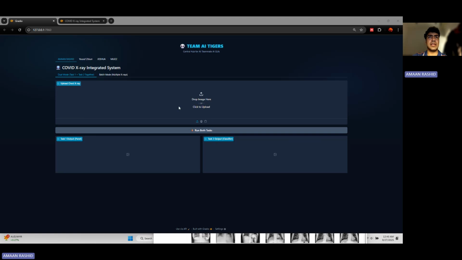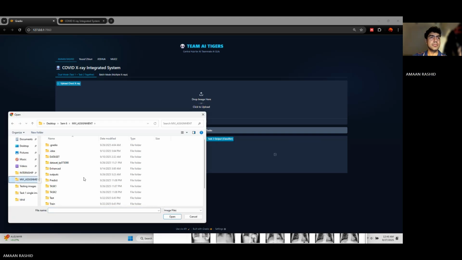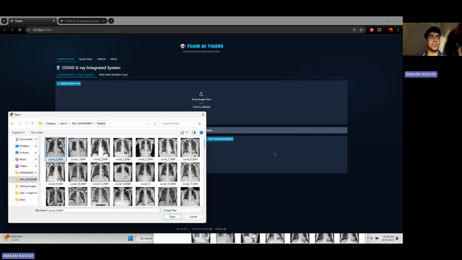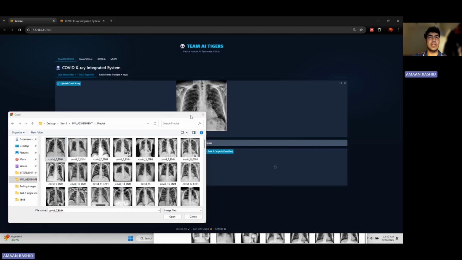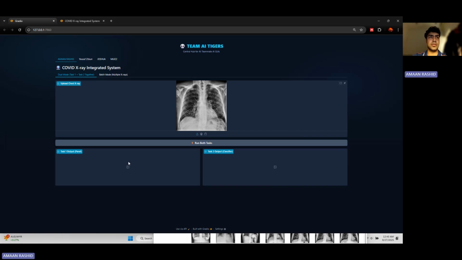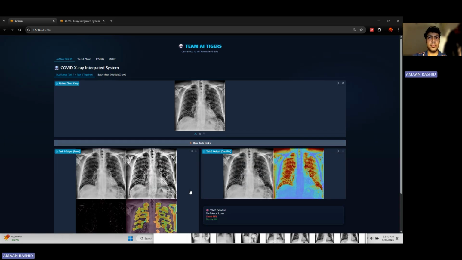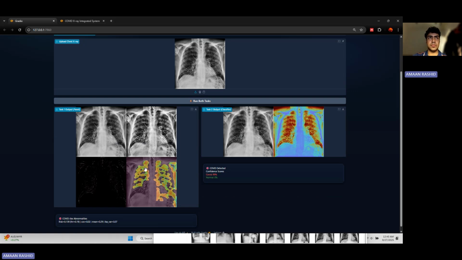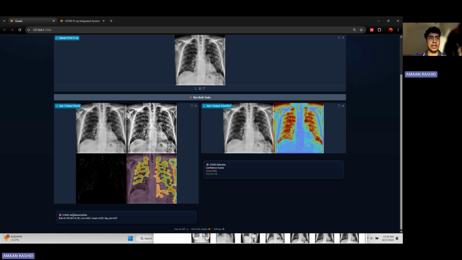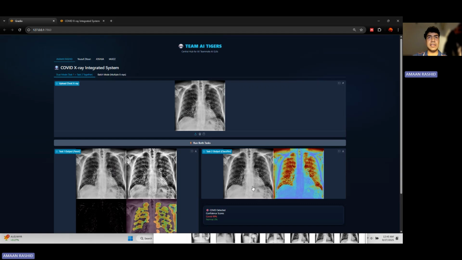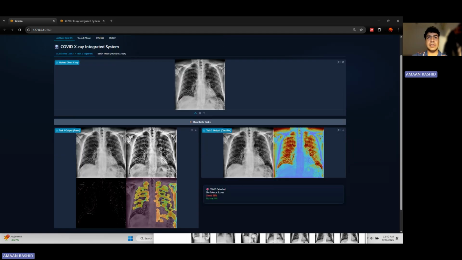Mine is basically I upload one random X-ray, which for now I'll select COVID 0. And then I'll run both tasks. Task 1 was supposed to be without AI, where we have different filters and we predict COVID based on that. As you can see, it says COVID-like abnormalities with different data here. And here on task 2, we can see COVID detected, confidence score 99%. So this is based on the